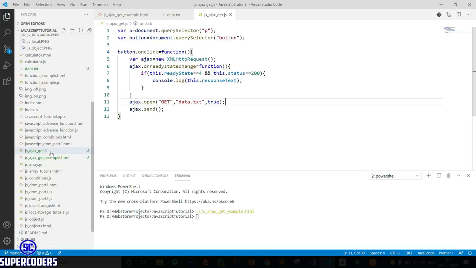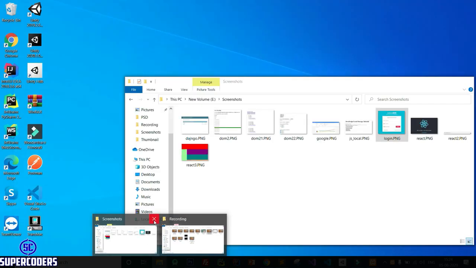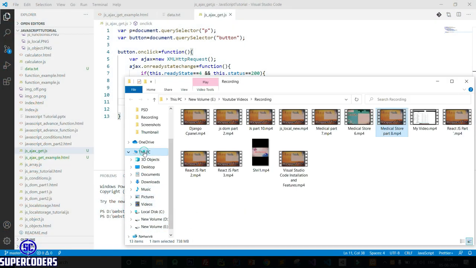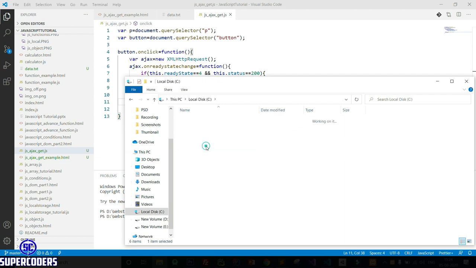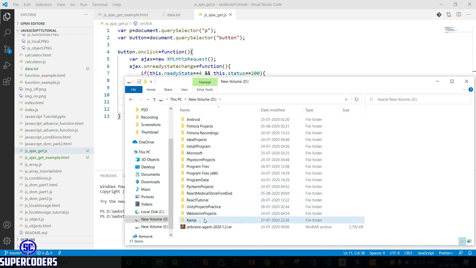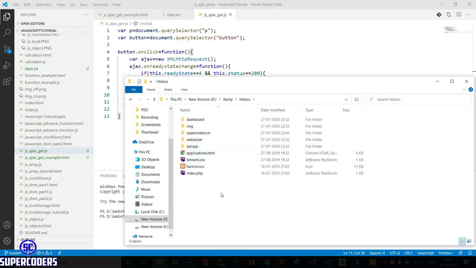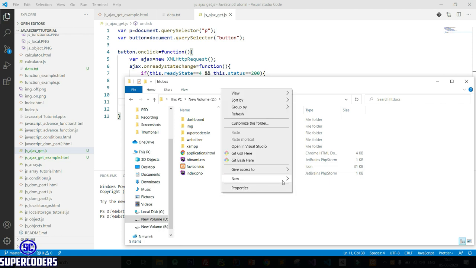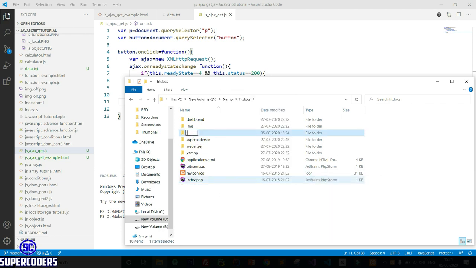Now do one thing, create a folder, JS Ajax tutorial. Now move this file.